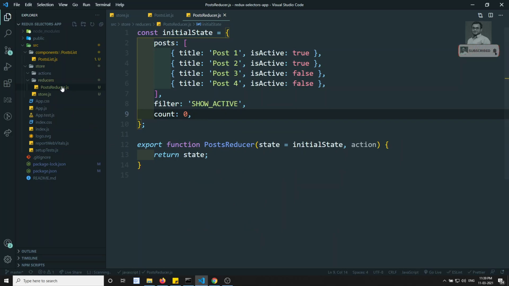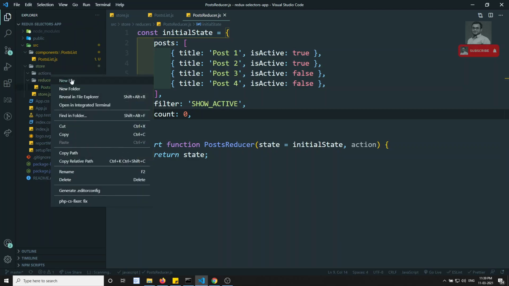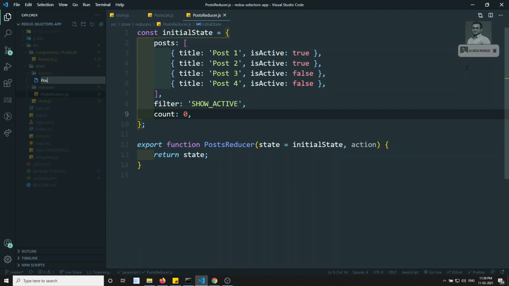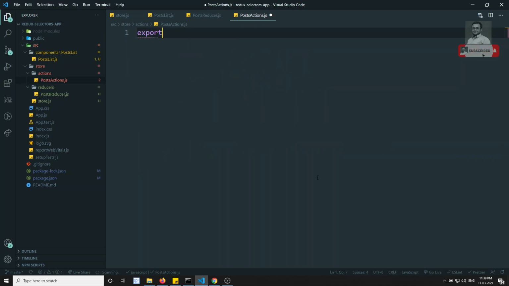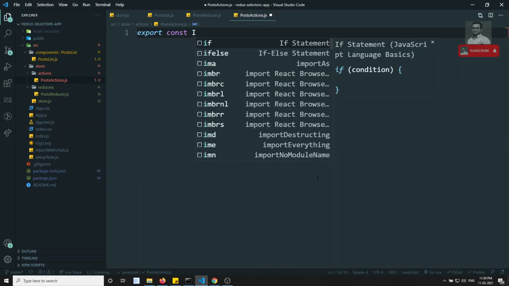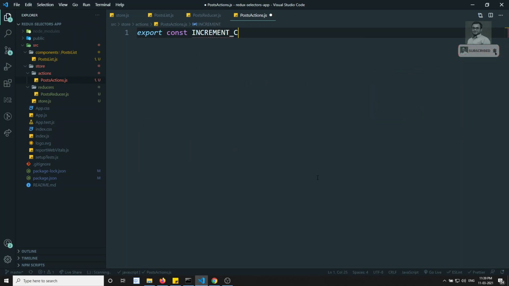Now I will create an action file, postActions.js, and here we will have an exported constant INCREMENT_COUNT.